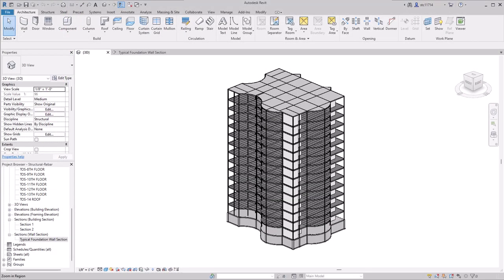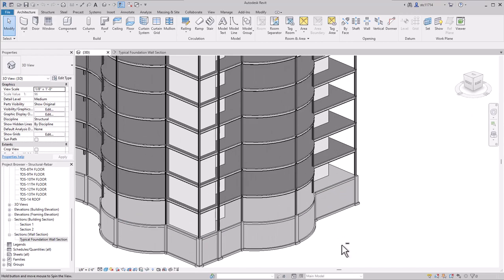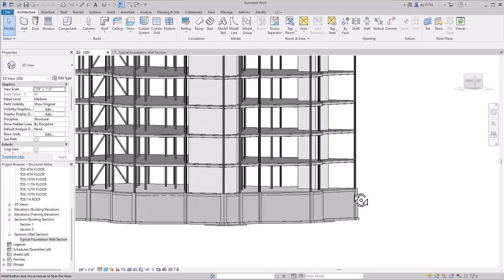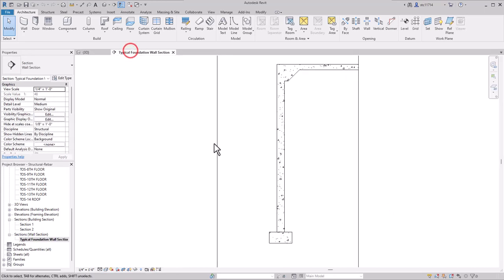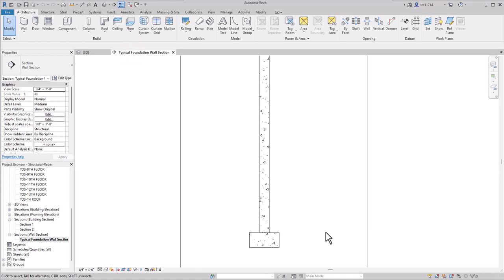In this video, we are going to take a look at how we can add rebar to reinforce structural elements in an Autodesk Revit project. Here in my structural project, I already have several concrete objects, and I'm going to add some rebar to reinforce those. I'll start by going to my wall section, and the first thing that I want to do is to